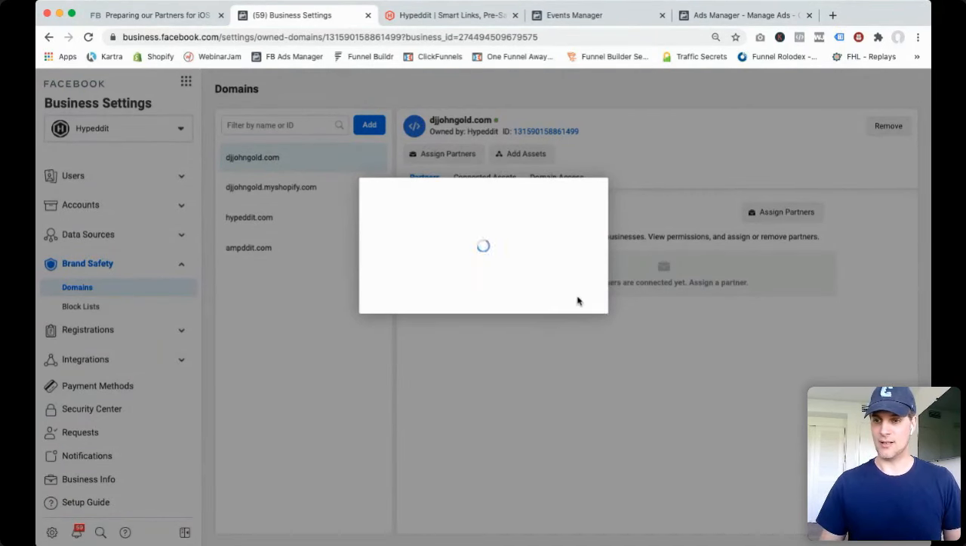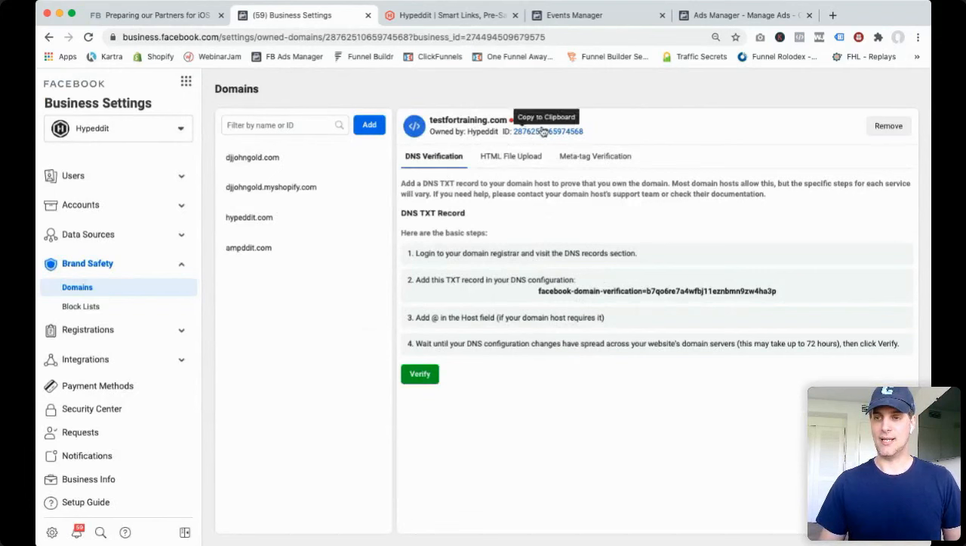testfortraining.com, something random. And then it says that you have to verify your ownership of the domain by doing one of three things. You can do a DNS verification, an HTML verification, or a meta tag verification. What I recommend and find easiest is the DNS verification, because all you have to do is put a DNS record, which is a text record,